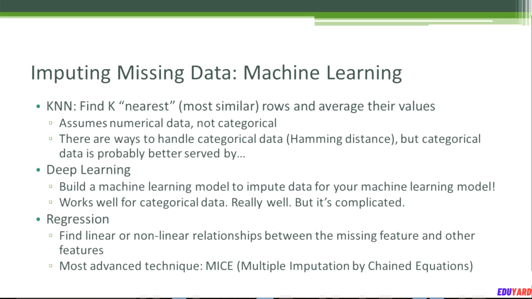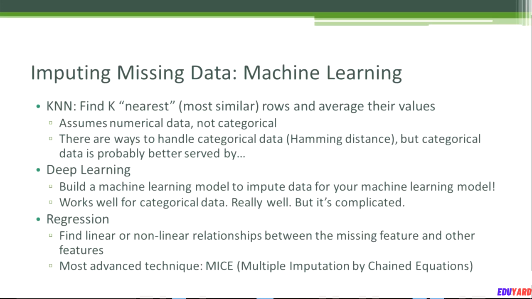If you have categorical data, you are probably better served by actually developing a deep learning model. Neural networks are great at doing categorization problems. So the idea is to actually build a machine learning model to impute the data for your machine learning model. It's a kind of a cycle there, and that works really well for categorical data, really well.